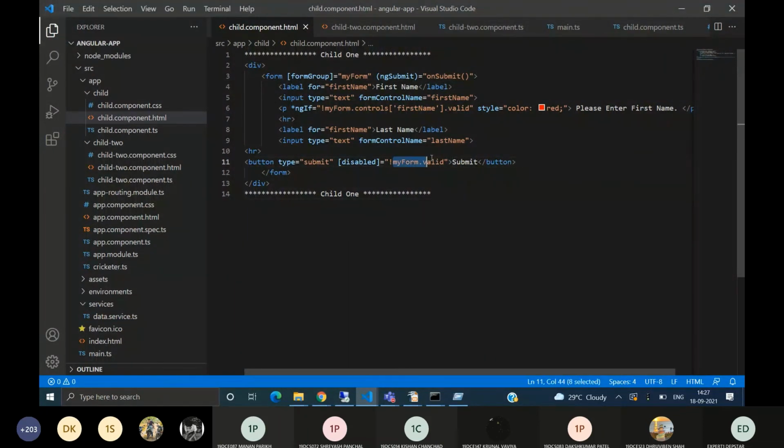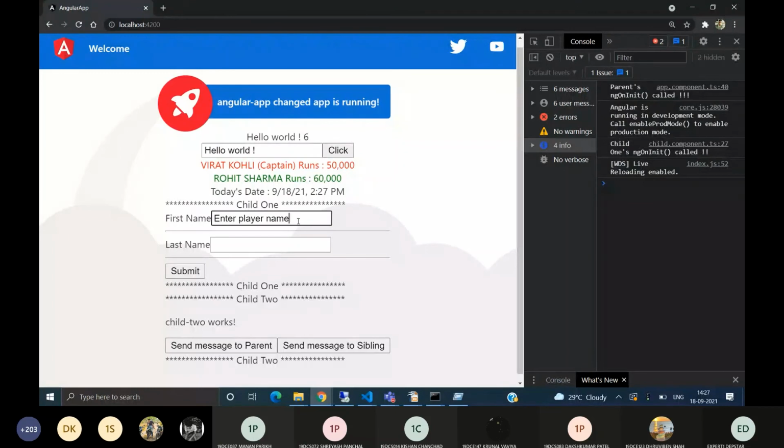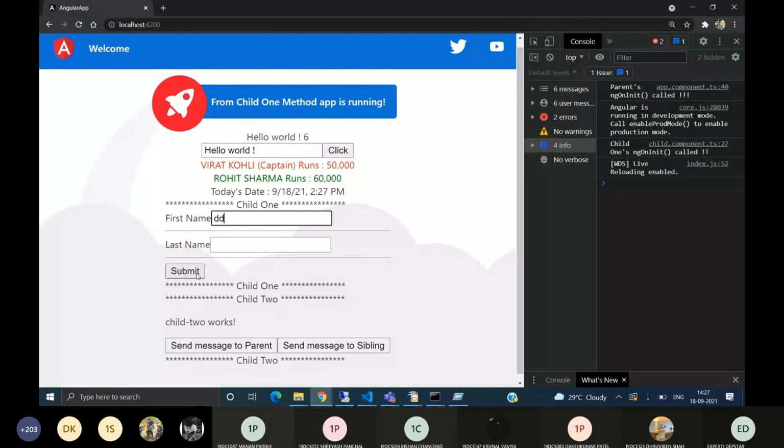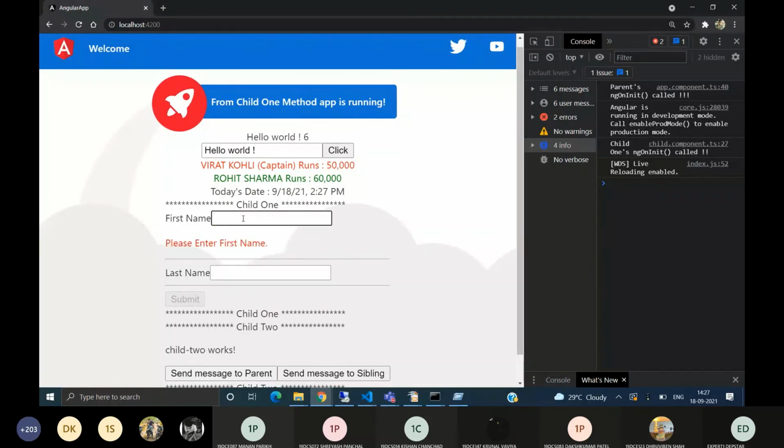So if my form valid is false, then this submit button will be disabled. As you can see, as soon as I empty this, the submit becomes disabled. Now as soon as I write anything, the submit button becomes enabled. So we can restrict the user and make our form responsive to the user.